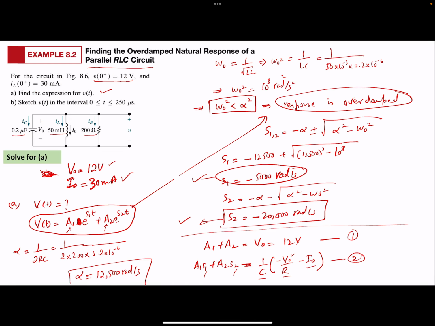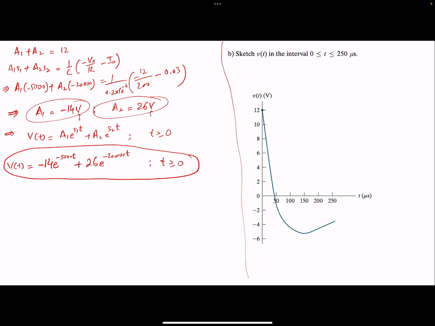Sorry, the second part asks you to sketch the value of the Vt for this interval, 0 to 250 microseconds. You can easily use MATLAB or even Excel to plot this. You can pick an array of time values and make this kind of plot, in between 0 to 250 microseconds. So you can see that, by the way,